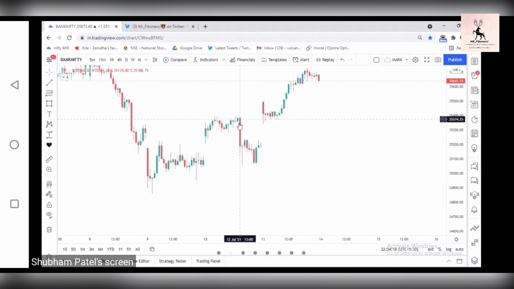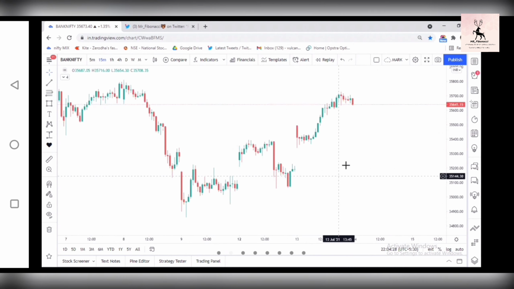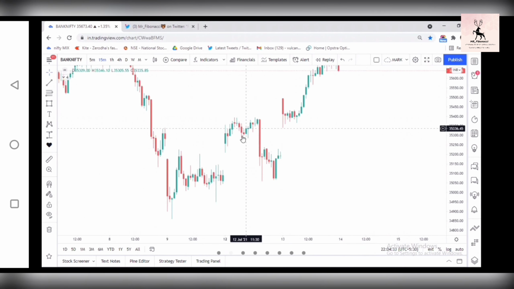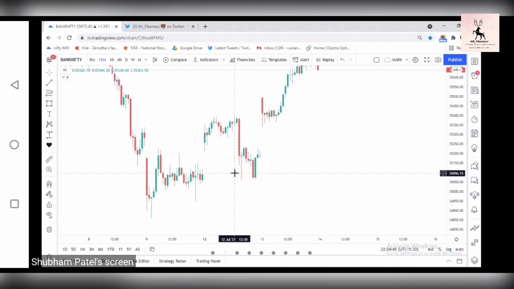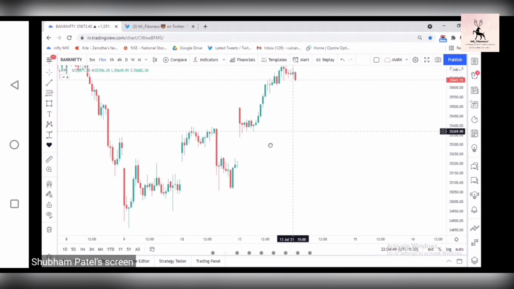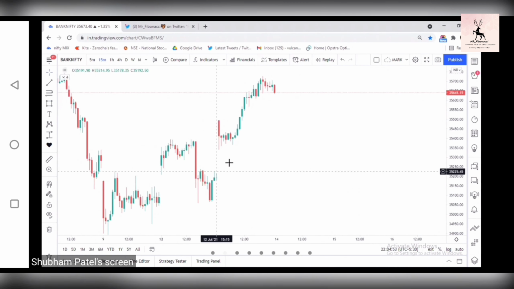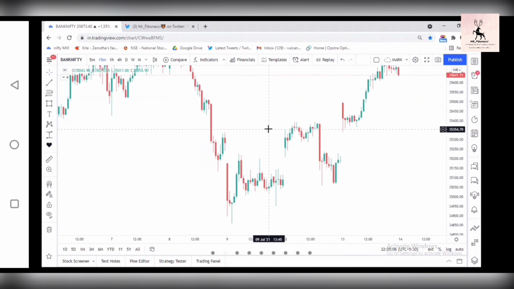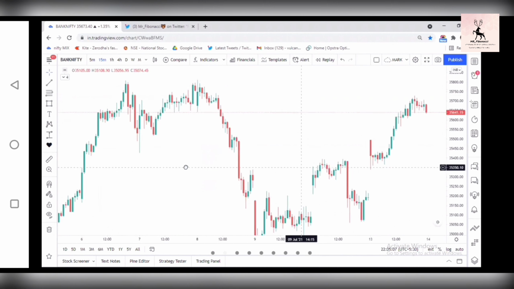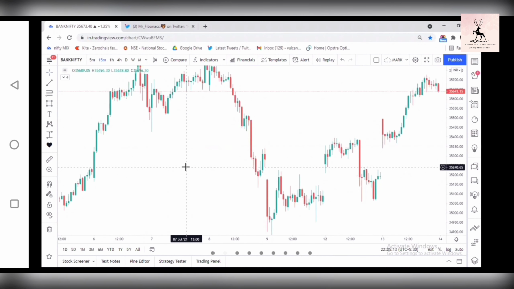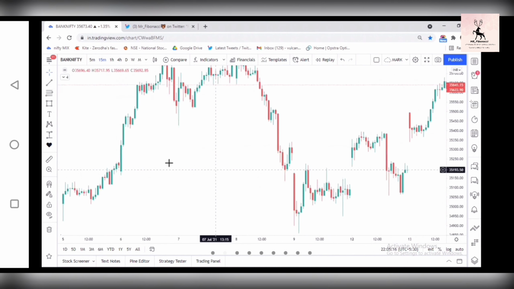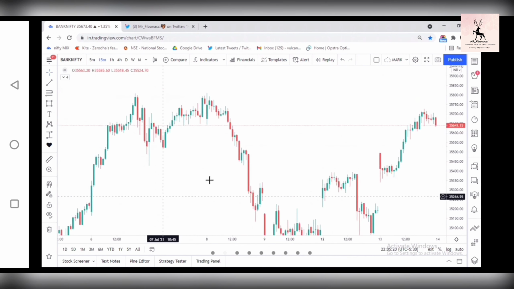What I am teaching here is to always consider the Monday low. If the Monday low goes down, then there is a high probability that the whole week will be bullish, because buyers don't want to buy the price at a high level, they want to buy at a lower level. This is Bank Nifty, and you can see that on Monday they broke down the market and bought that price, so they can push the market for the whole week. Now you should always mark the Monday low on your charts.